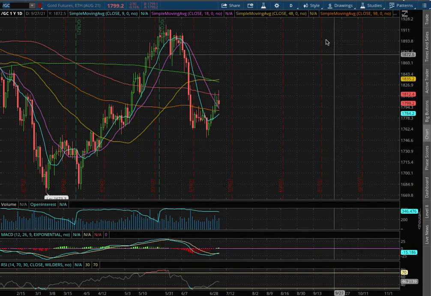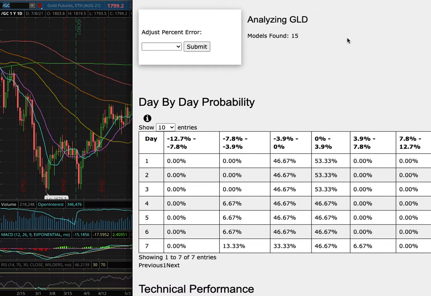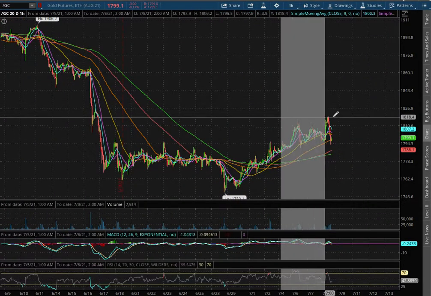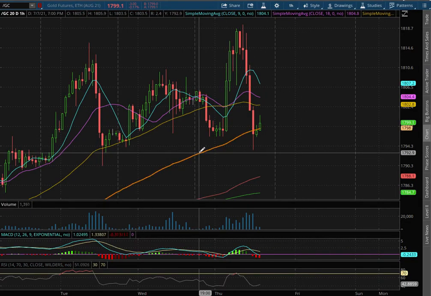Going over gold futures. In this video, we'll be going over my trade idea of the week and the day-by-day probability model. So let's start off with the technical analysis on the 1 hour chart. We are about to approach NUGT territory, but we're still resting right along the 100 moving average, this orange line at a price of